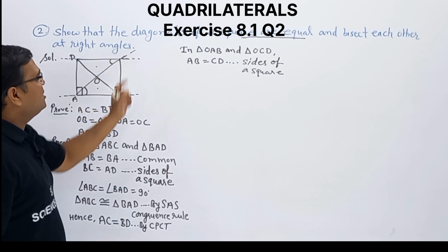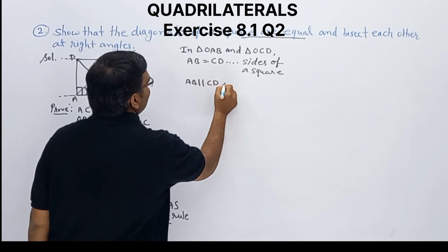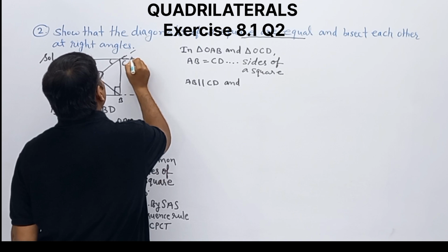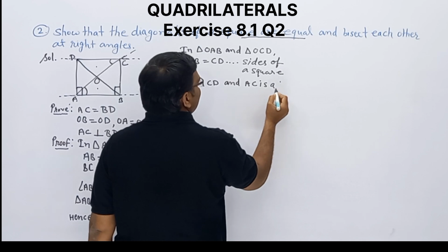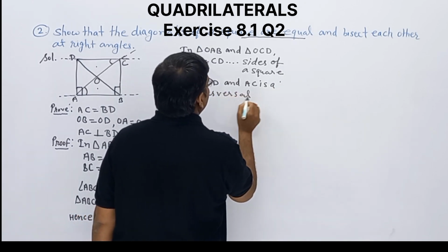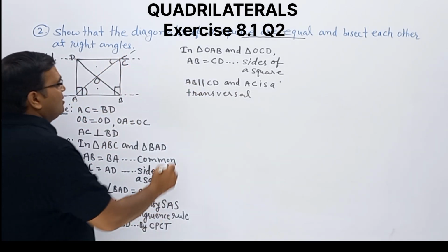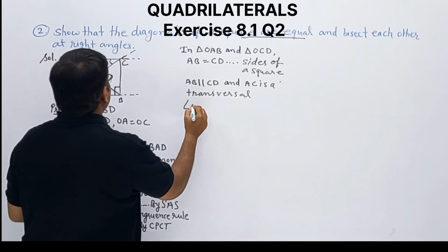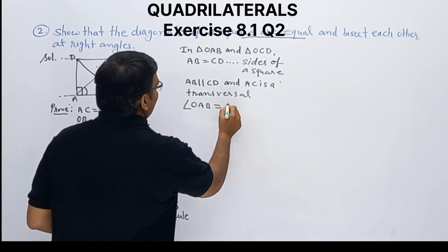AB is parallel to CD and AC is a transversal. Then angle OAB will be equal to angle